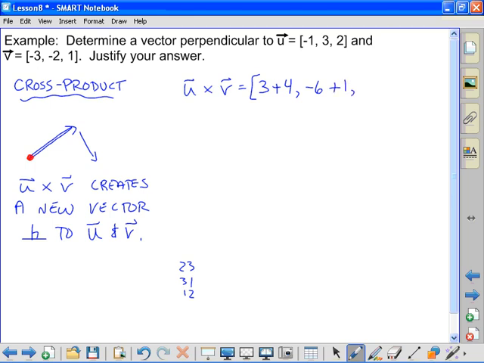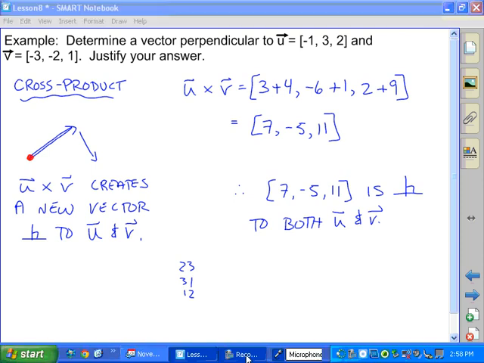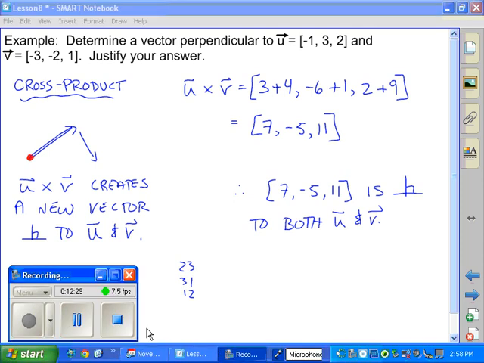Okay. Third one with the first, so that's -6 minus first one with the third, so it'll give me a +1. First one with the second one gives me +2, and the second term with the first gives me, make that +9. So the resulting vector would be 7, -5, 11. So therefore, 7, -5, 11 is perpendicular to both u and v. All right, and that's pretty much all the time I have for this. We'll finish up the examples in the next